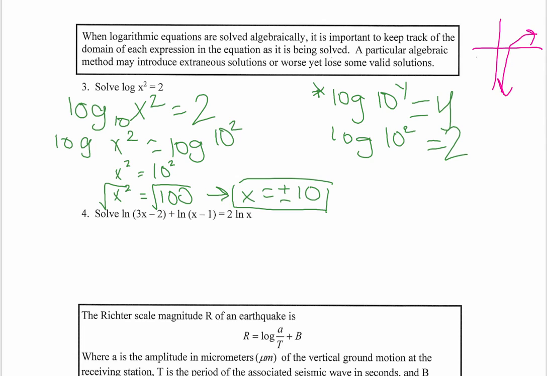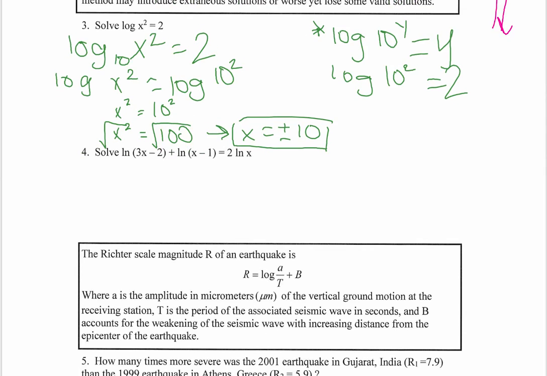All right, and the very last question I want to look at today is question number 4. We want to solve this problem here involving natural logs. There's things on both sides. This looks kind of gross. Actually, the way we're going to solve this isn't going to be too terrible. We're going to solve this one graphically. The quickest and easiest way to solve this graphically is to get 0 on the other side, so that you only have to graph one function and then you're just looking at where it crosses your x-axis. So in order to do that here, I'm going to subtract that 2 natural log of x from both sides,